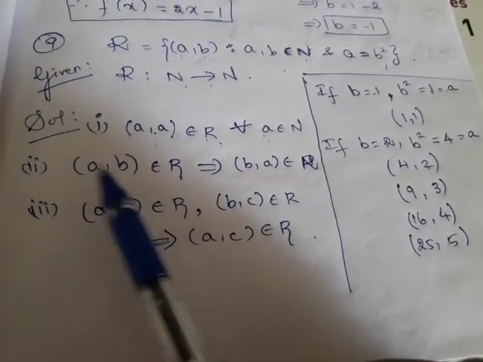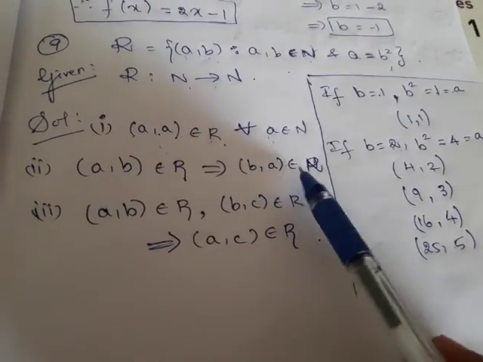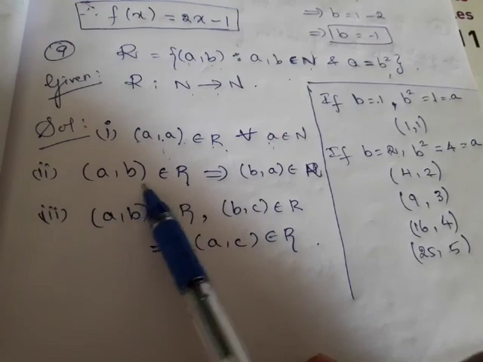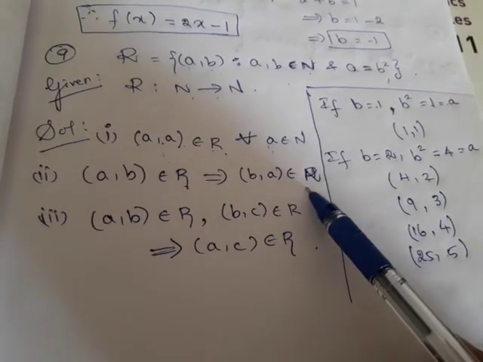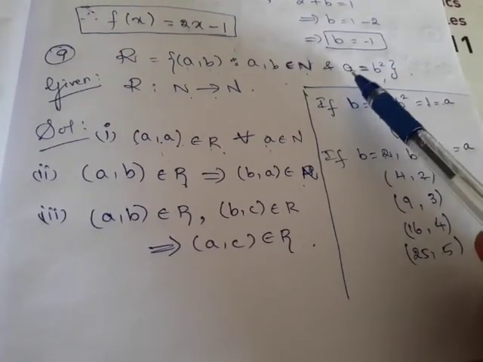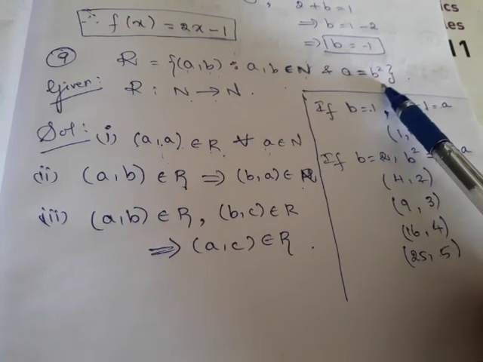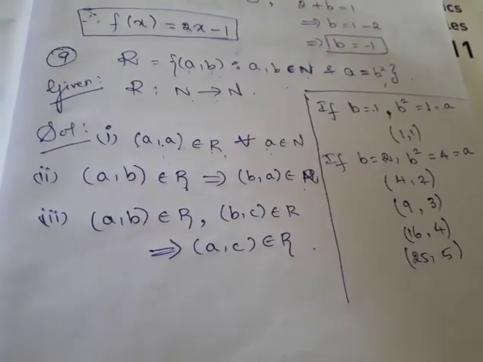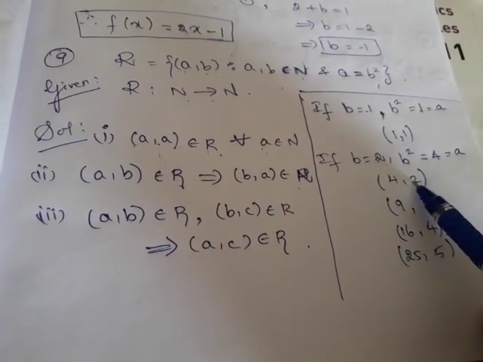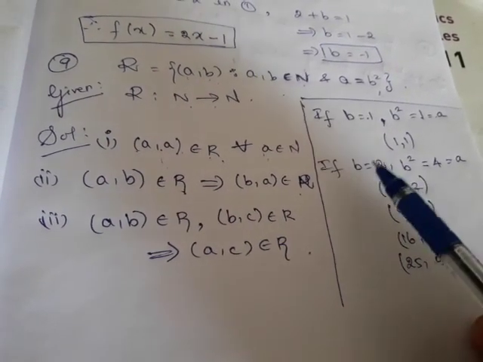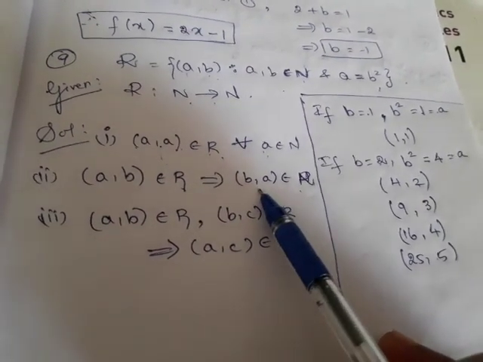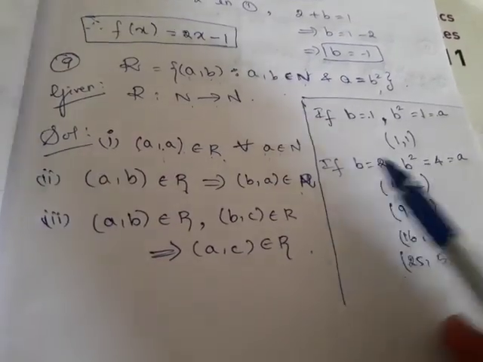If you see the next question, (a, b) belongs to R implies (b, a) also belongs to R. Is it true or not? What do they mean? If 4 comma 2 belongs to R, they mean 2 comma 4 also belongs to R. Will it be true? Because the relation defined here is the square of that particular natural number. So how can they mutually be squares of each other? That cannot happen, right? So 4 comma 2 is there in the relation. Is there any possibility for 2 comma 4 to be available in the relation? No, not at all. Therefore this is also not true. Again you have to justify with an example. You can take any example and justify.